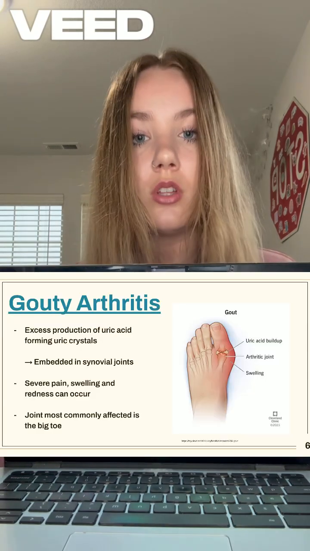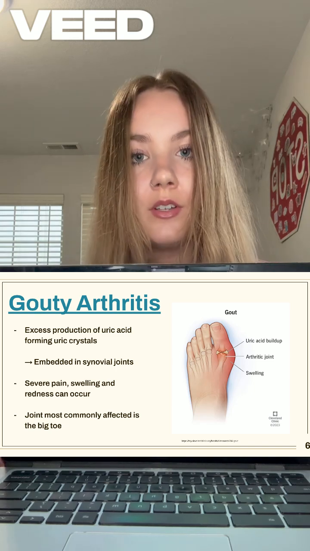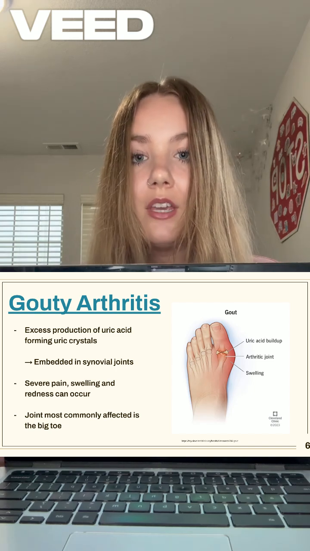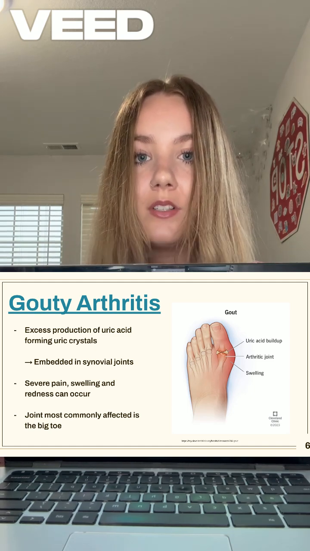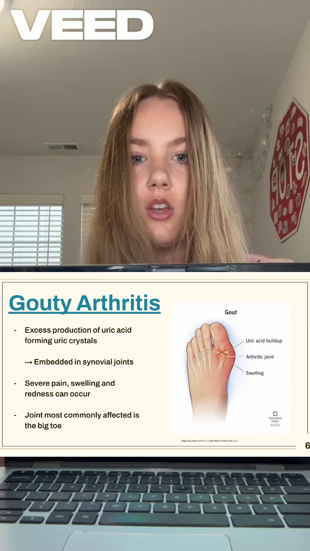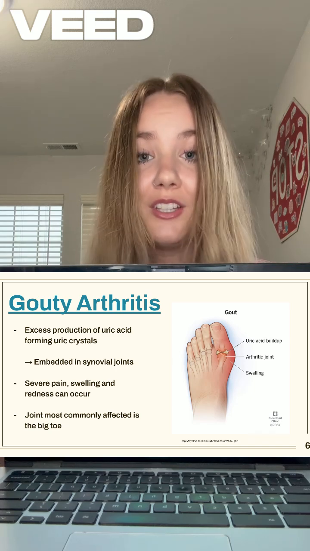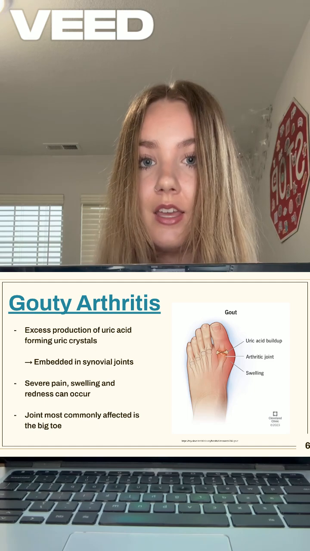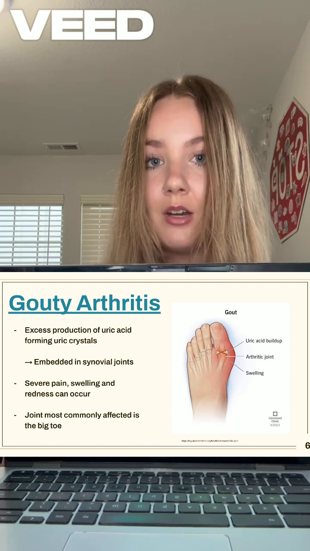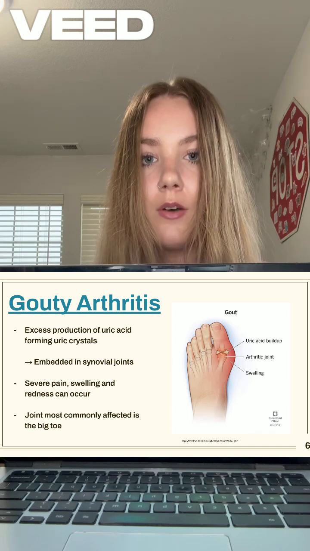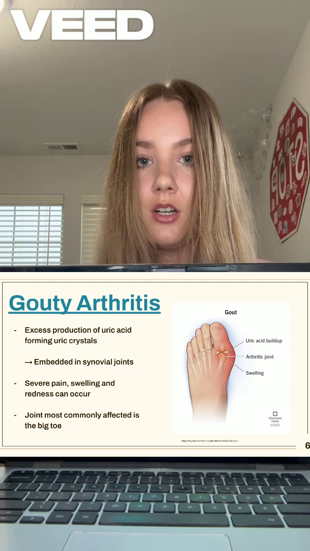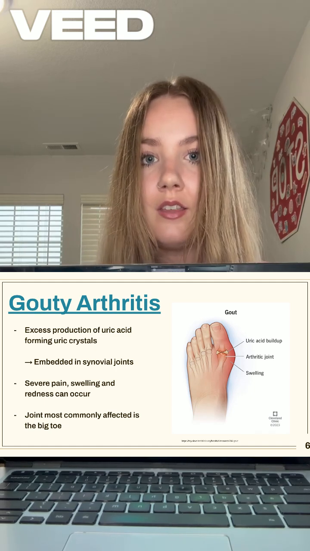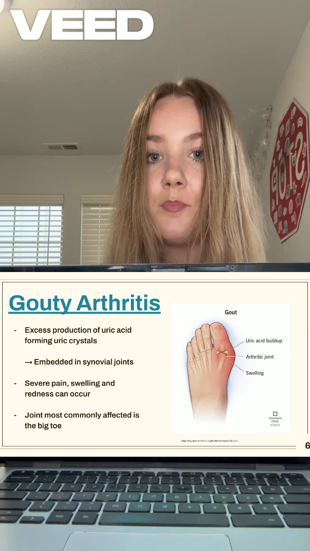Now, moving on to the last type of arthritis, we have gouty arthritis. Gouty arthritis is the excess production of uric acid. What you need to know before is that uric acid is a chemical in the body that actually breaks down different substances. However, having that excess production, the circulatory system moves it around the body, and then that uric acid embeds itself